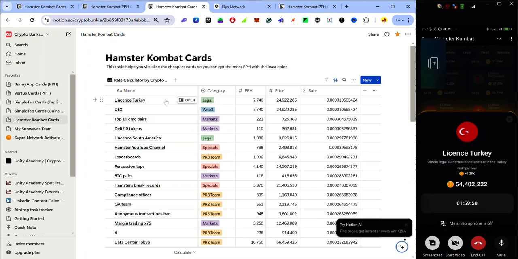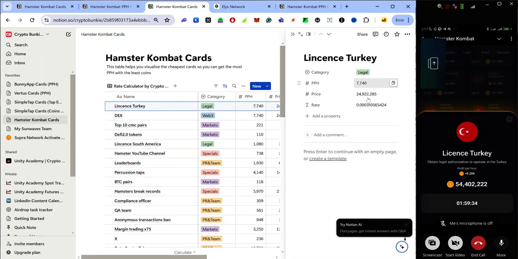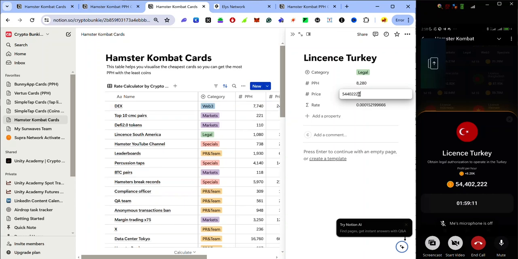If you hover over a row, you will see the option to open the card. You can decide to click on each of the cells, but I find using the open option more convenient for me. Once I click on open, it opens up the card in a sidebar so I can fill up the properties easily. So I click on the PPH tab and I update it. The new PPH will be 8280, because this is 8.28k, and I update the new price